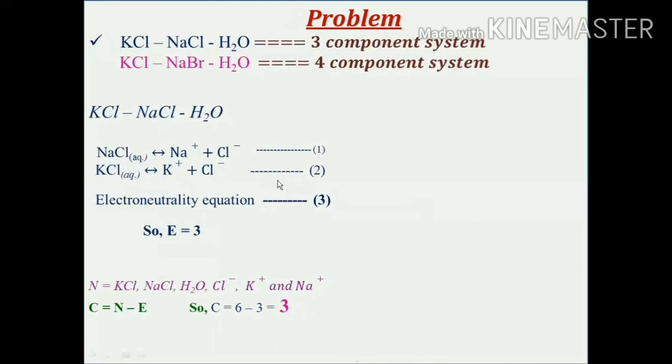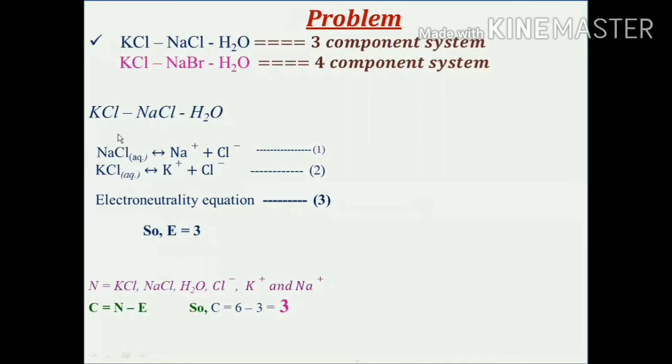Now, the third equation can only be due to the presence of these oppositely charged ions, and overall it is called the electroneutrality equation. So overall for this system, I can propose 3 chemical equations that define the system completely. So the value of E comes out to be 3 over here, right? There is no other species formed in the products that can combine and give me something new which is not present in the system.